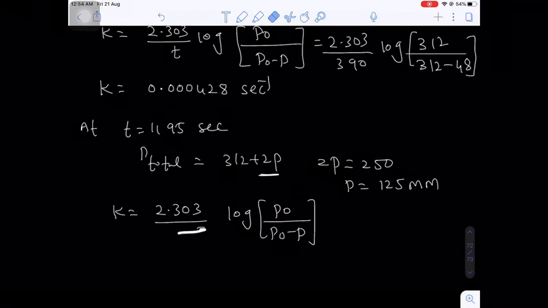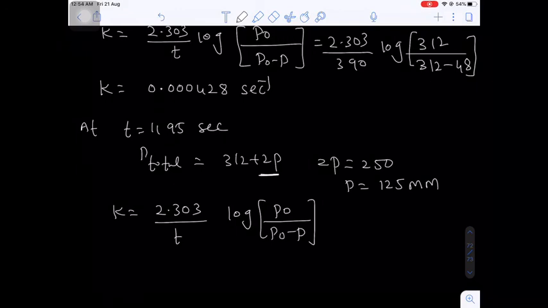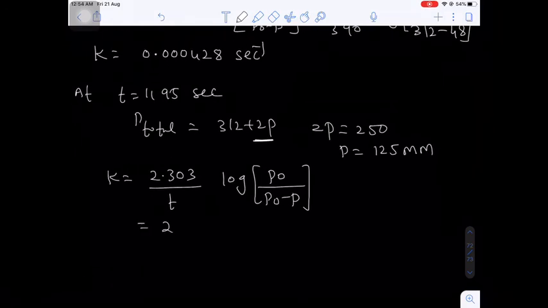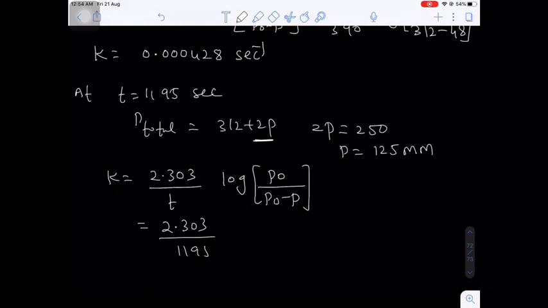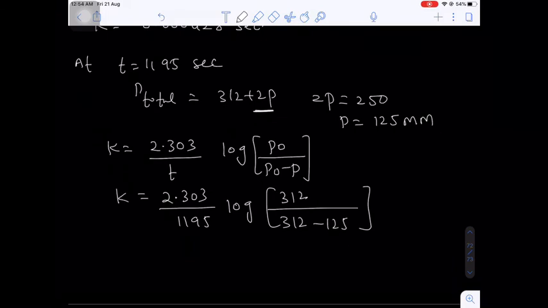So k equals 2.303 divided by 1195 seconds log of initial 312 divided by 312 minus P value 125. After simplification of this value, you will get the k value again,